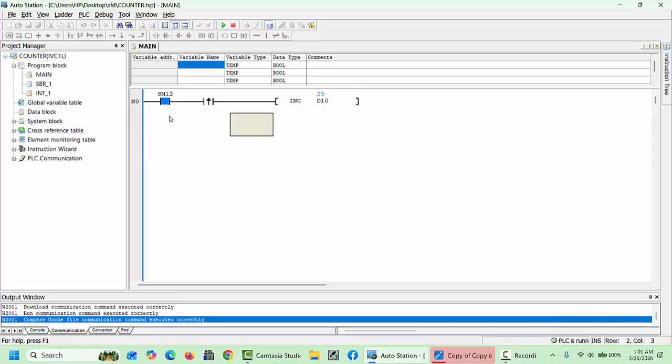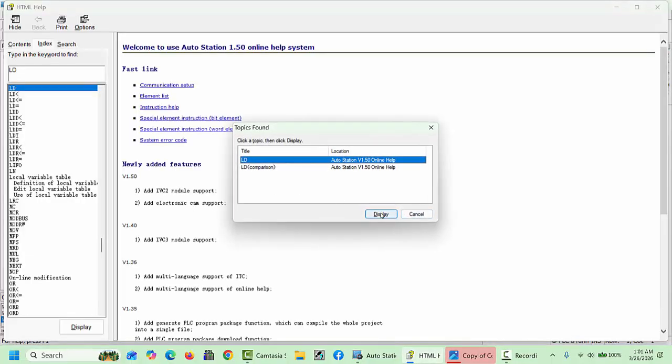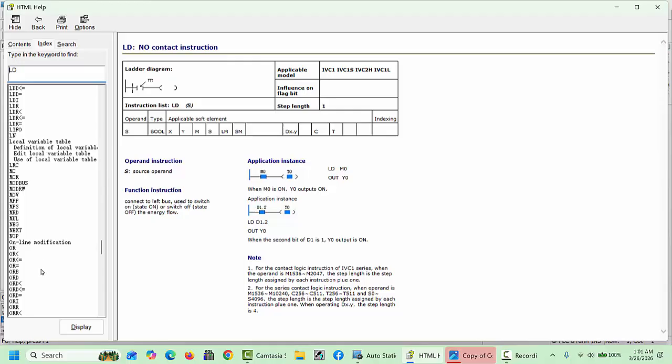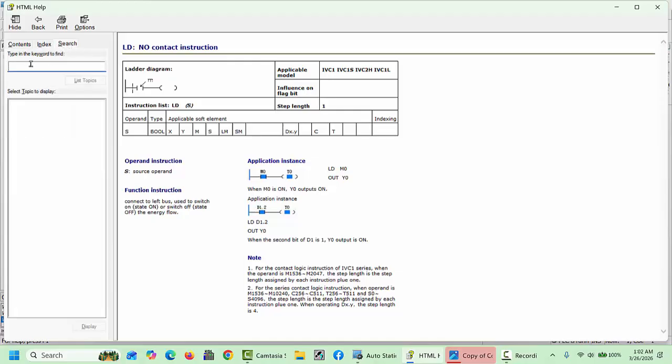And where can we find this in the software? Just click on this one and press F1, and after that you will find the command. Here you can see no contact instruction, application instance, and this is the no contact instruction. In the search bar we can type this one,